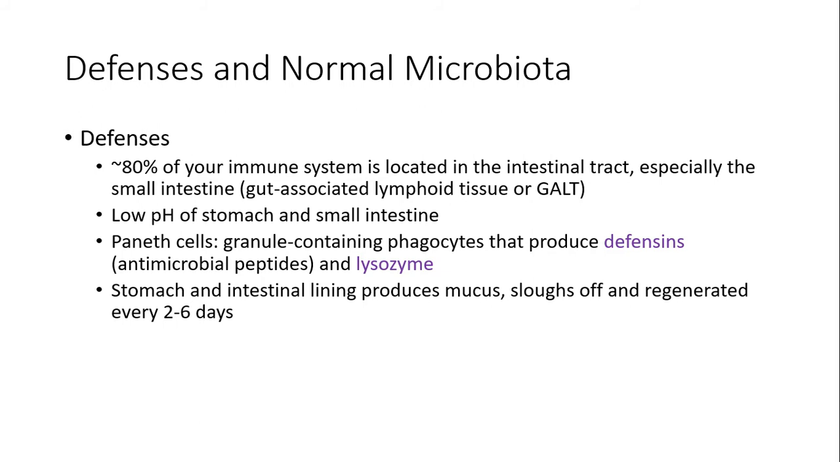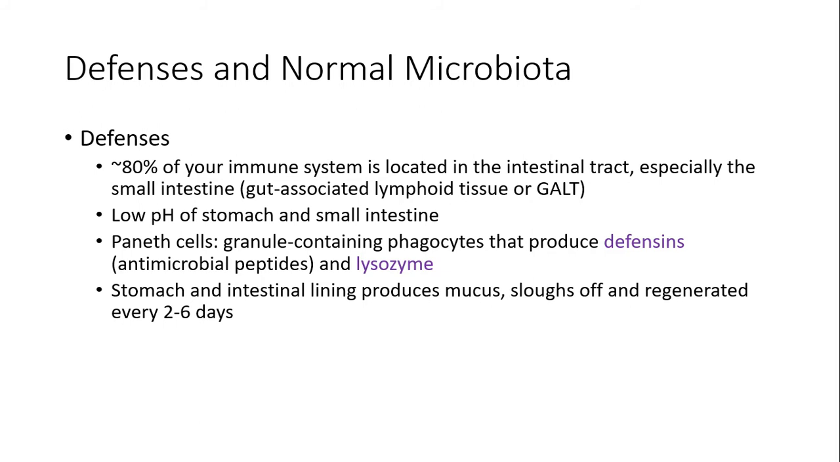And then you also have these things called Paneth cells, which are granule-containing phagocytes. Basically, once the organism is phagocytosed or swallowed, the granules will release onto those target organisms and degrade them. It will include things like defensins, which are a special host defense antimicrobial peptide, and lysozyme, which will help to